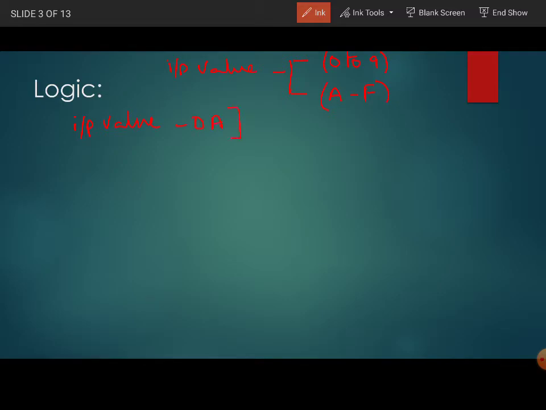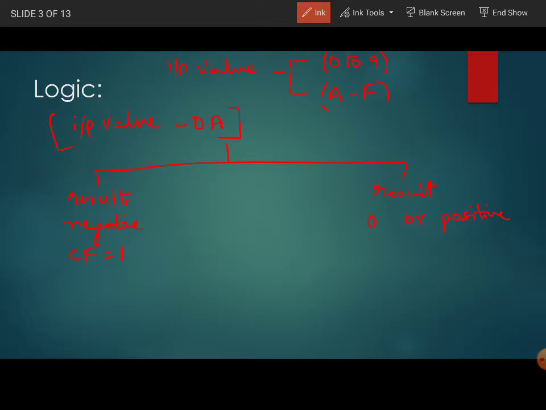For this we need to subtract 0A from the input number. Simply subtract 0A from the input number. When you subtract 0A from the input number, you may get the result either 0 or positive, and you may also get the result negative. For negative, the carry flag will be equal to 1. So these are the two cases we may get after the subtraction operation.